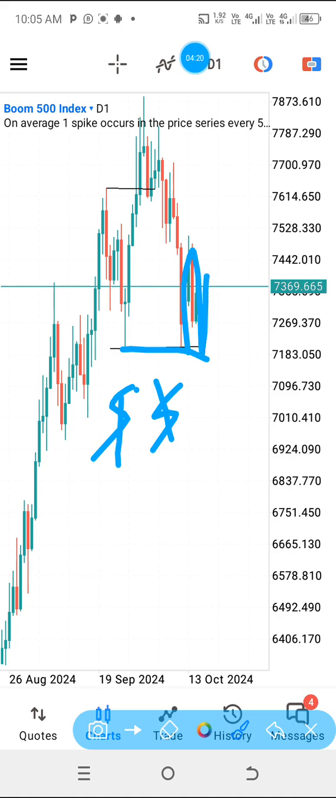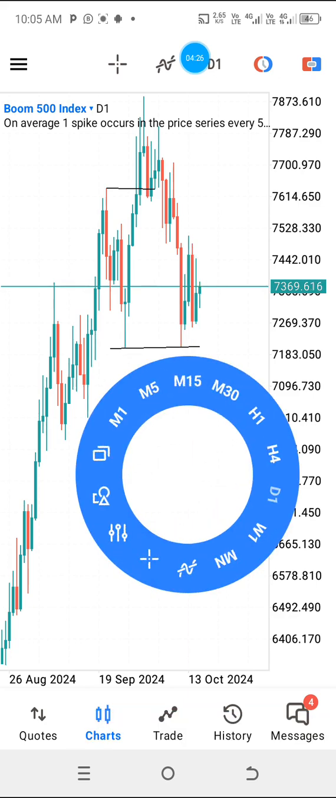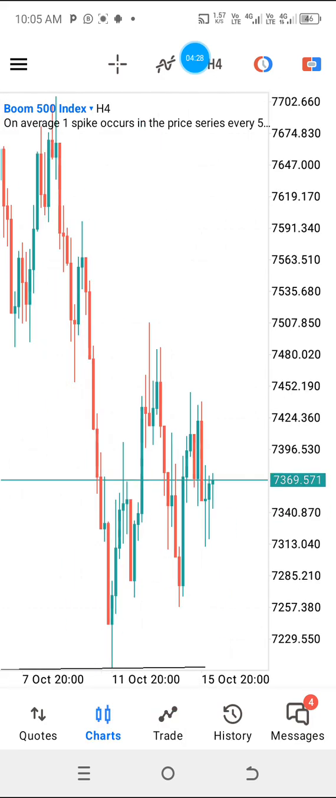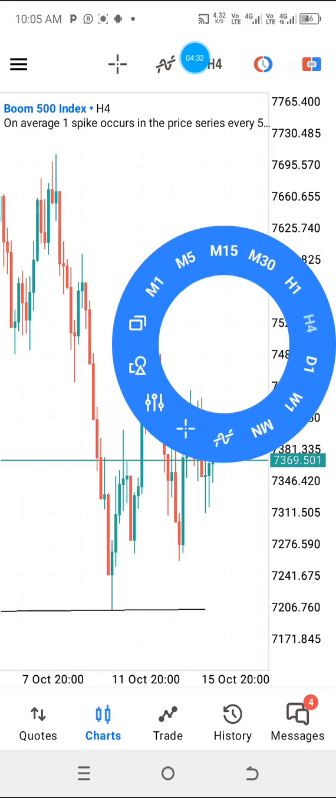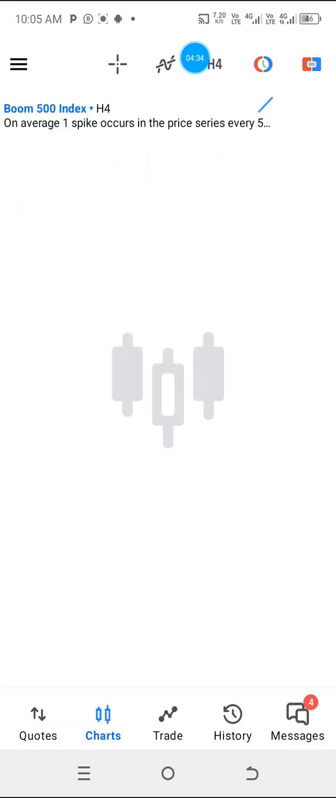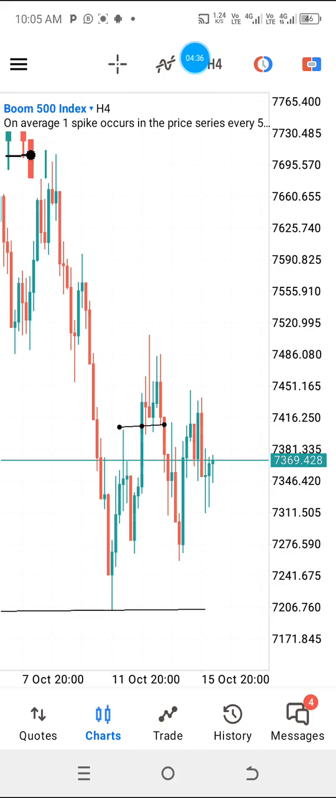So as price came back up, now let me show you clearly what price did on the 4-hour time frame. As price touched that liquidity zone, it came back up. So what did price do? Price gave us a break of structure here. After the break of structure, price went up again and hit the